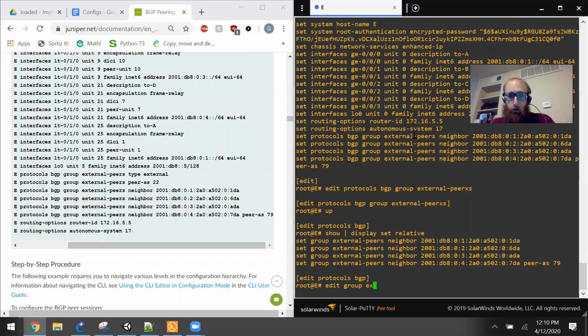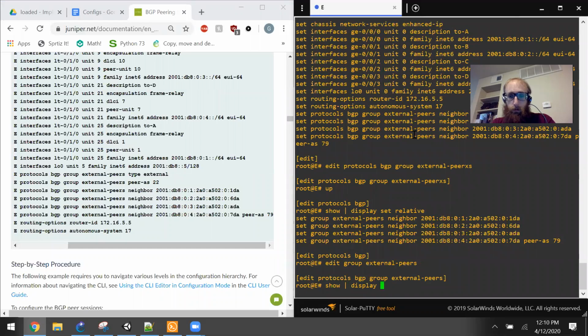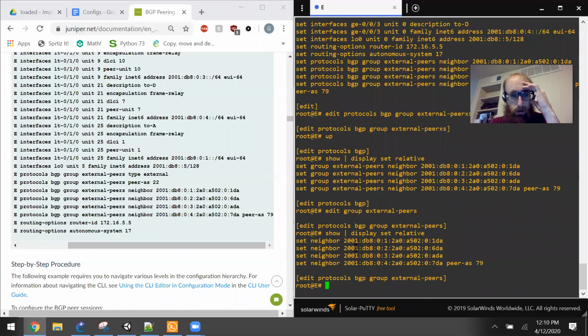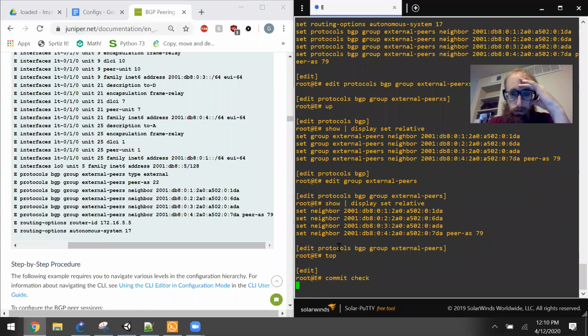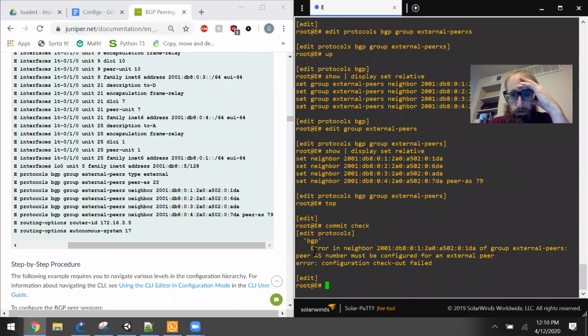So edit group external peers, and if I do a show | display set relative, you can see I'm missing a command, and that command is going to be peer-as. I'll go ahead and show what that error message was before I fix it. The error says: error in neighbor group of external peers, AS number must be configured for an external peer. So there's no